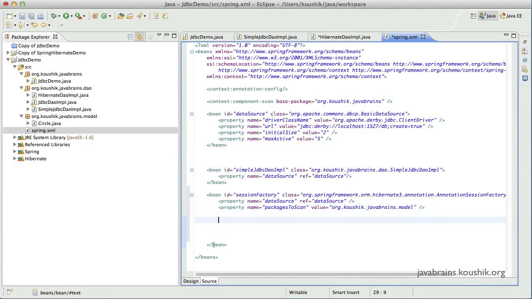Okay, so now the other important information that we need to provide is the dialect. We have configured this as well in the Hibernate tutorial. We need to tell Hibernate what is the dialect or what is the language that it needs to use when talking to the database. We use the Derby dialect because we are using the Derby database in this tutorial. So I will set the Hibernate properties and I will set the dialect to a Derby dialect. And the way to do that is to set a separate property here